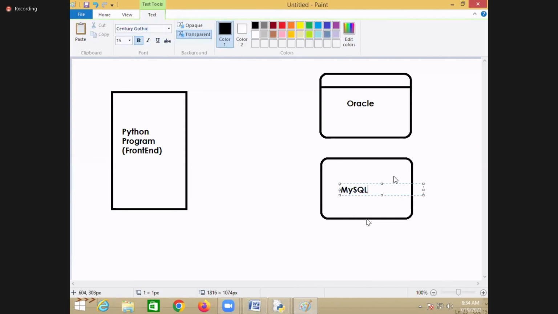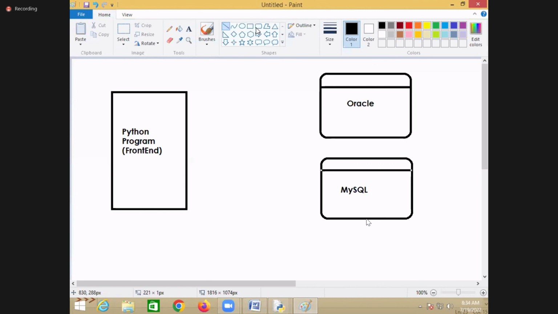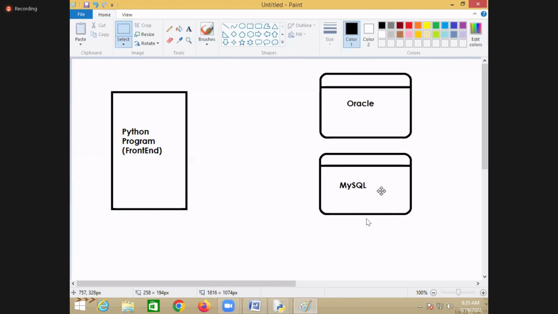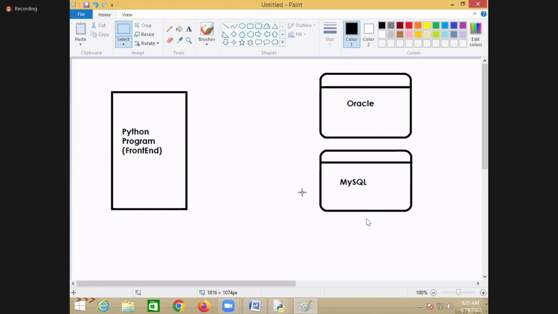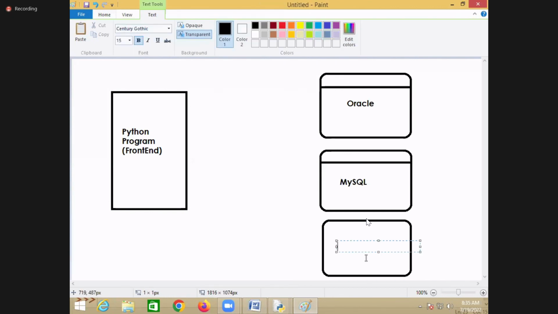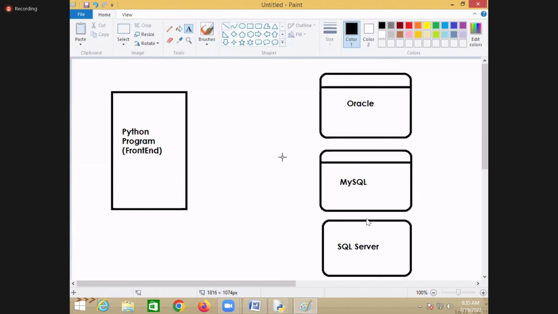This is the MySQL database, and this is one more database, called SQL Server database. Like this you have multiple database softwares. All these are database softwares, right?